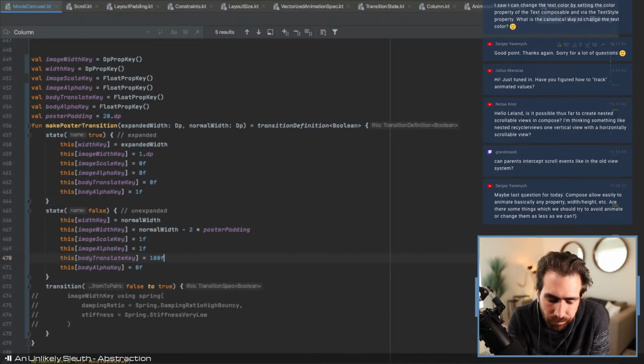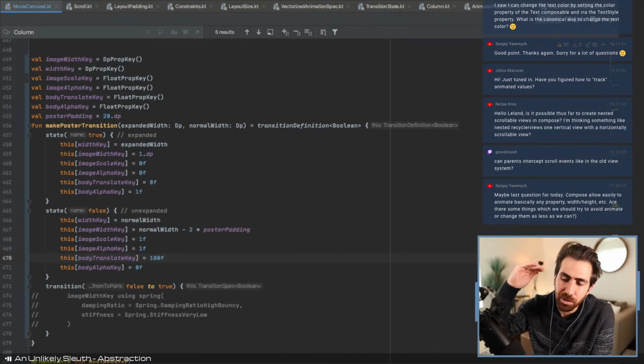I mean, yes, but it's kind of the same rules that apply anywhere else. There are some things you can change which affect layout and some things that don't, and the ones that do are going to be more expensive than the ones that don't. It also depends on what you're laying out and how much it affects. So I don't really have a solid guideline for you there, other than that